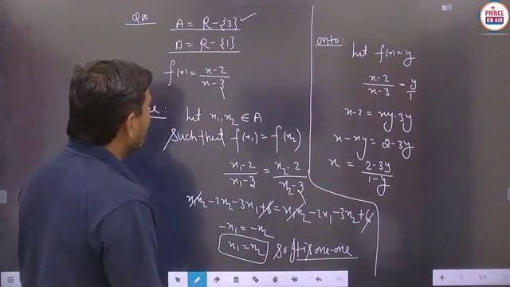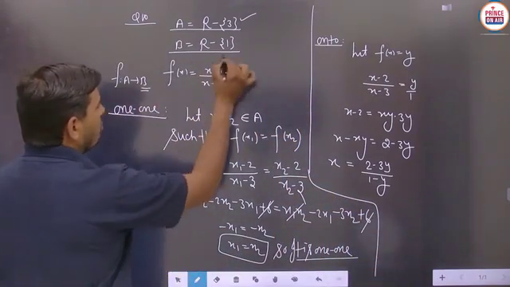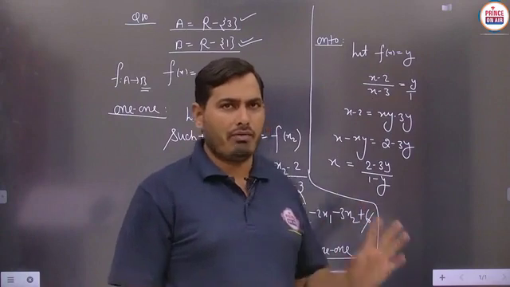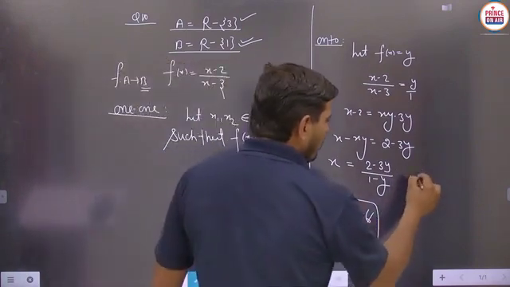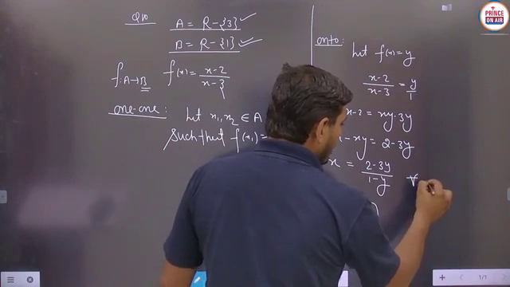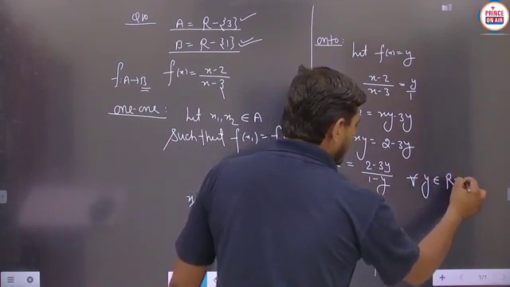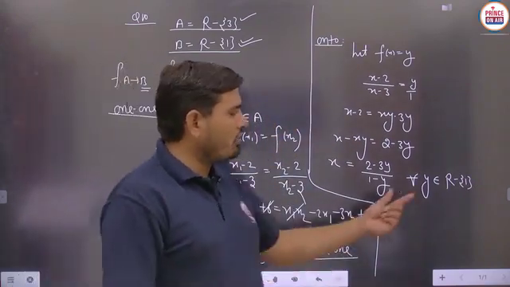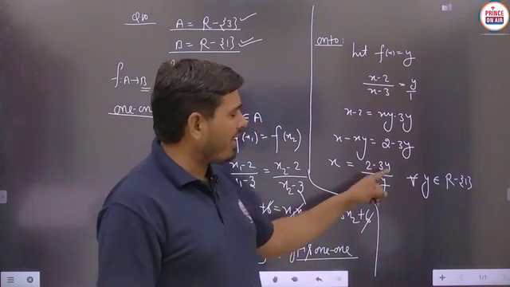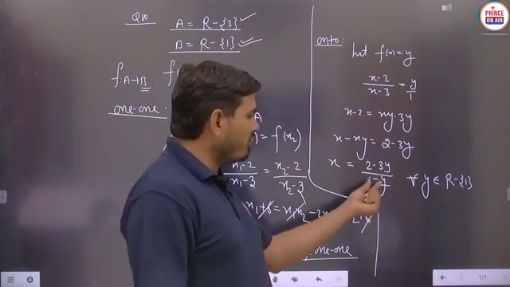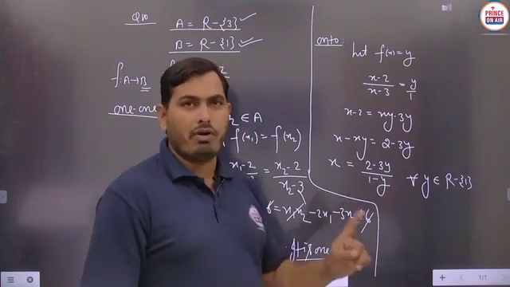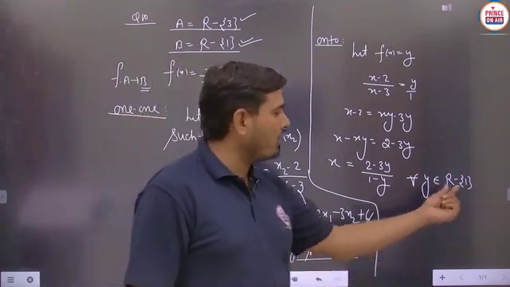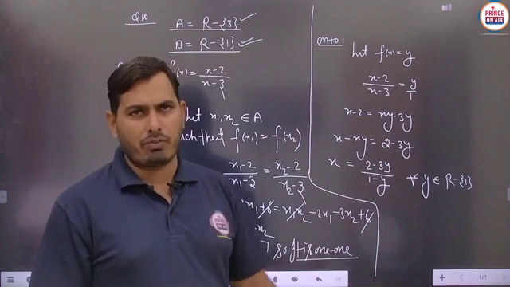Now what is the codomain? It is the set B, and in set B you can use any real number except 1. It is already defined here. So for all y belongs to R minus {1}, definitely you cannot use 1 here; except 1 you can use any real number. Why are we not using 1? Suppose you use 1, then the denominator 1 minus 1 will be 0, and in this case x will not be defined, so 1 is already excluded.